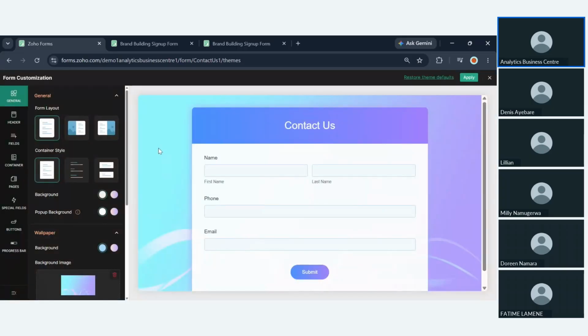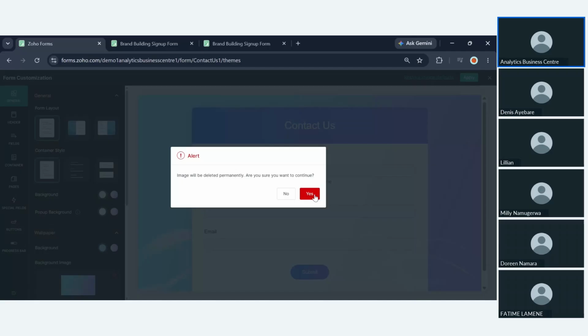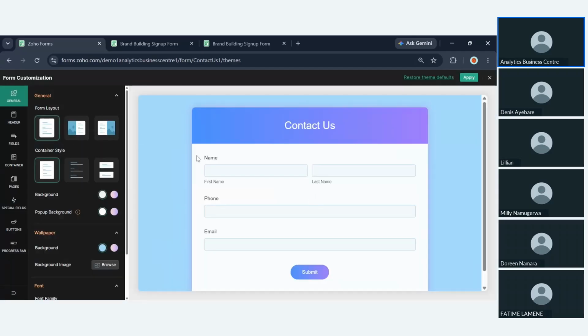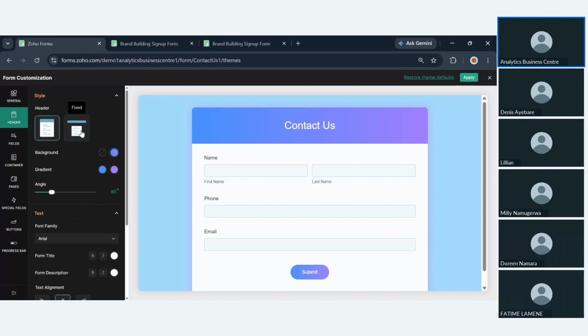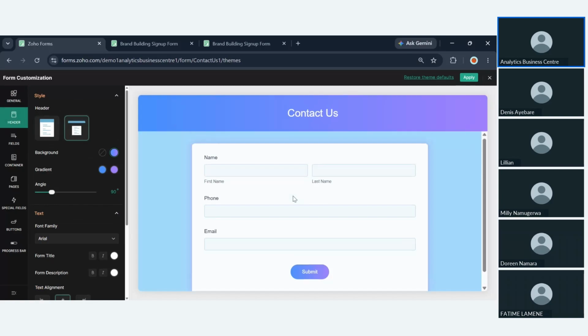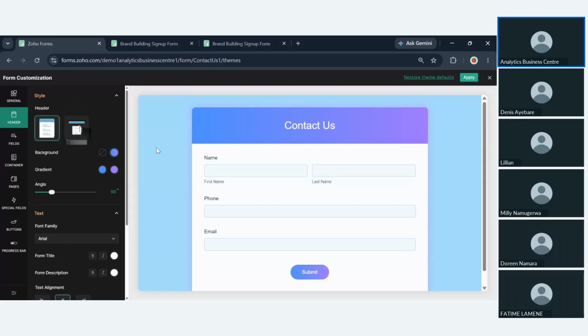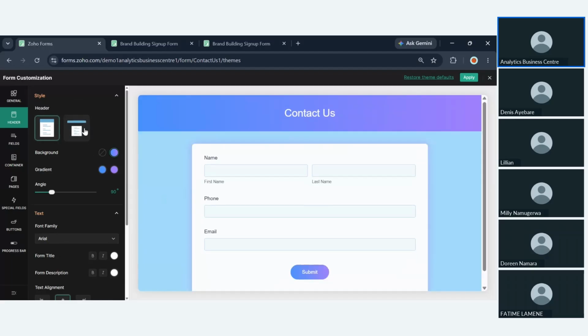From customizing the theme, I can even change this background here, I can remove it. So that background image is now gone. From the header, I can adjust how the header will appear. Maybe I want it to be more of a banner kind of header, fixed or scrollable. So now when I apply this,